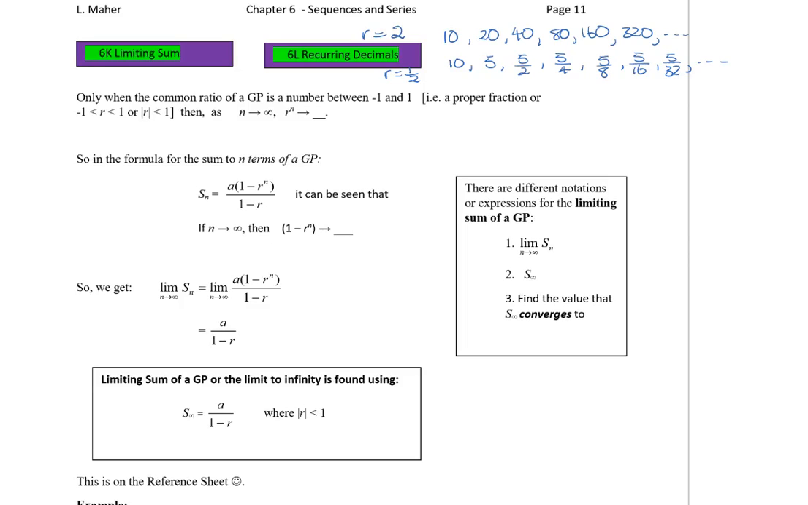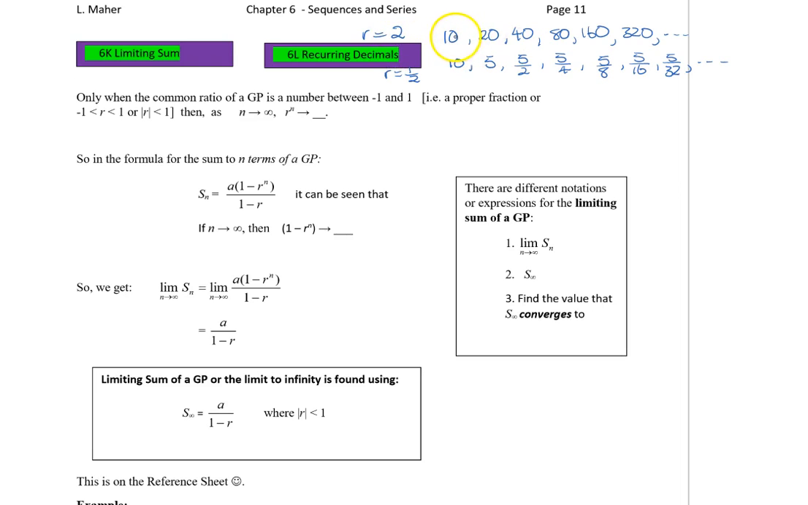Before we actually get into formulas for this exercise, 6K, the limiting sum, I encourage you just to have a bit of a think about what limiting sum might actually be referring to. And it's easier to look at some examples. You can see here that I've written out a sequence where r is equal to 2, for example, and we're